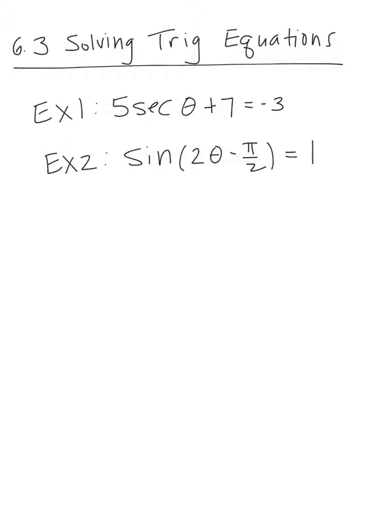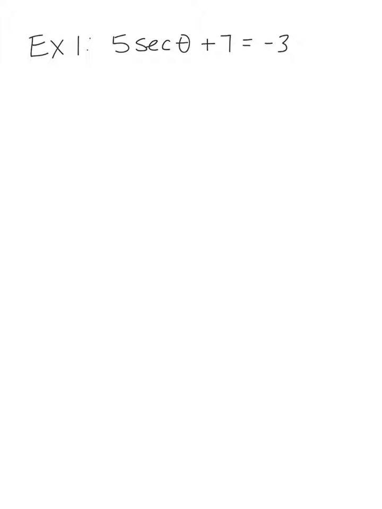I'm going to do two more examples of solving trig equations. In our first example, we have 5 secant theta plus 7 equals -3. And our first step is to isolate that secant term. I'm going to subtract 7 from both sides, and I've got 5 secant theta equals -10, and dividing through by 5 gives me that secant theta